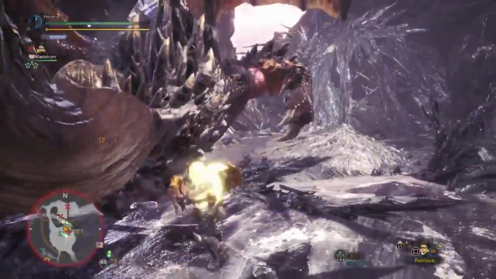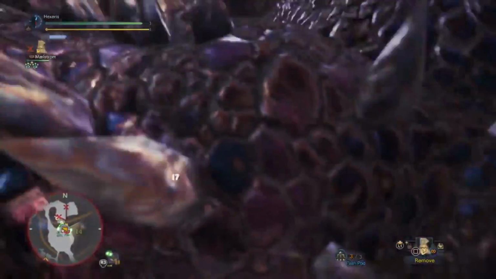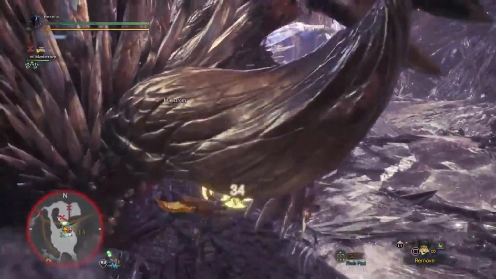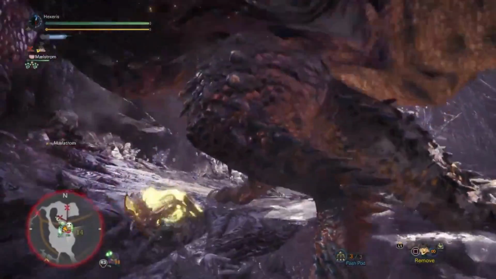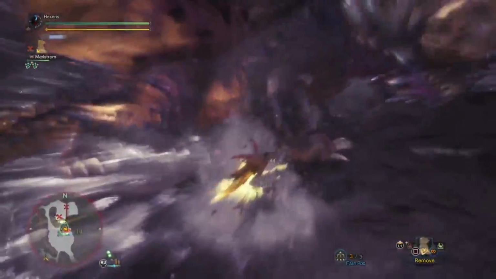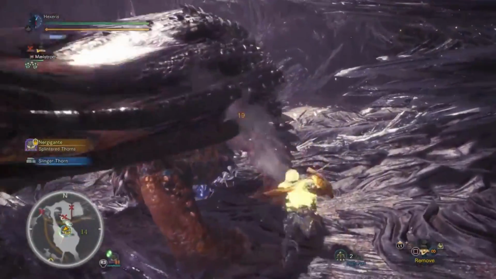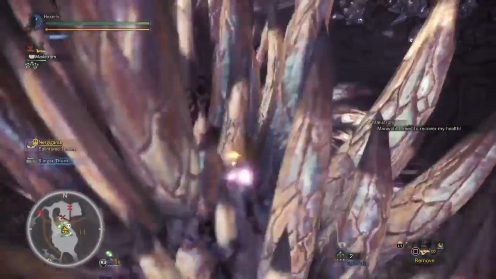Alright, back to the action. Although the Temporal Mantle in combat with this makes it absolutely awesome because you're already so mobile. Oh, he's limping. Splash him here. Great thing about the sword and shield, you don't have to sheath your weapon to use your slinger ammo. In this case,